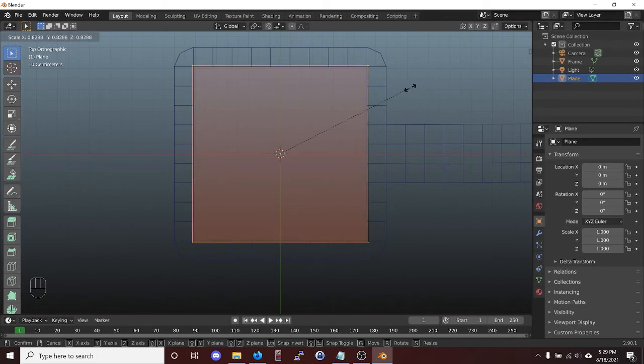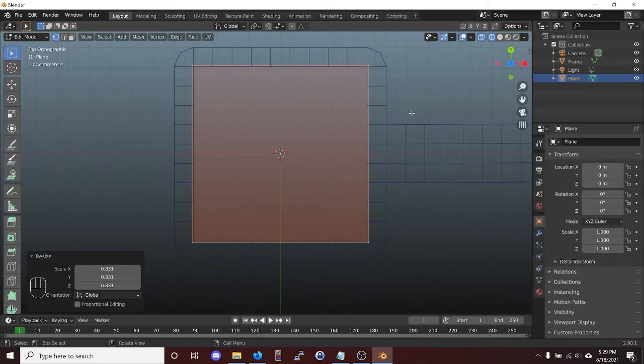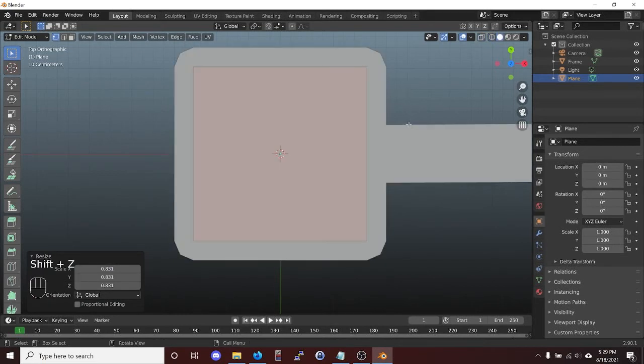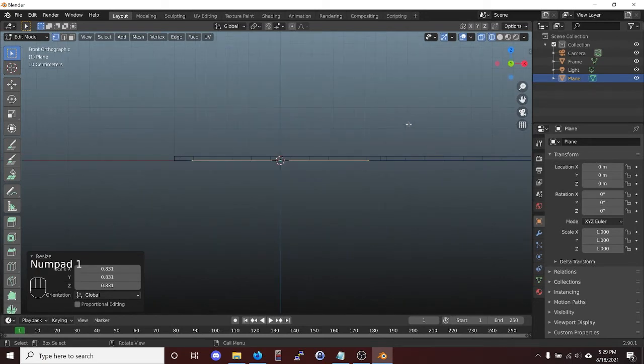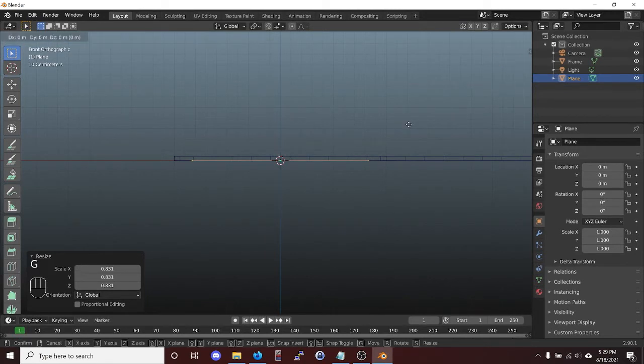And I'm going to scale until it just barely overlaps. I want it to overlap a little bit. I don't want it to be right at the edge flush. I want there to be a little bit of overlap, but not too much. So there we go. And now I'm going to switch back into solid mode. I lied. Let's go back to wireframe, because the next thing I want to do, let's go to a front view, and we're going to move this up